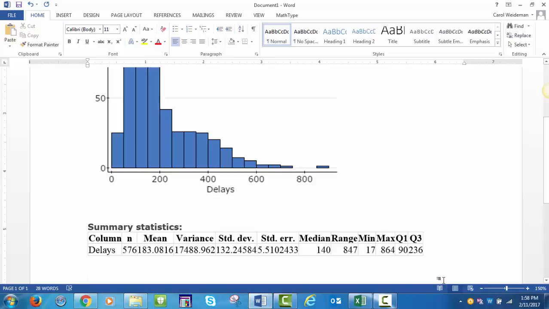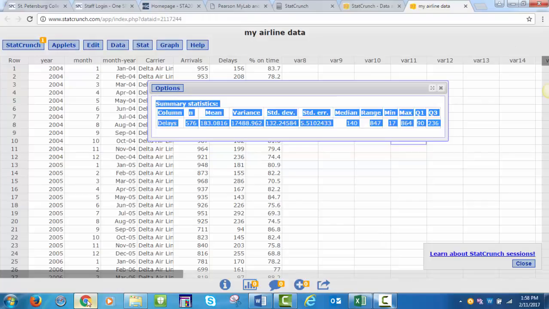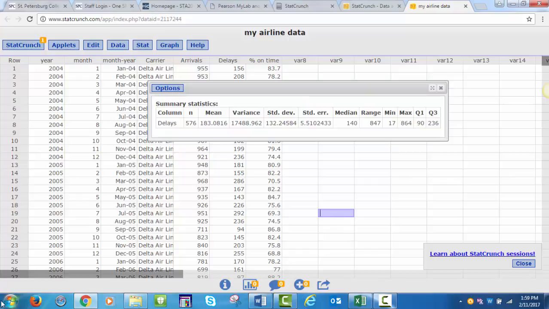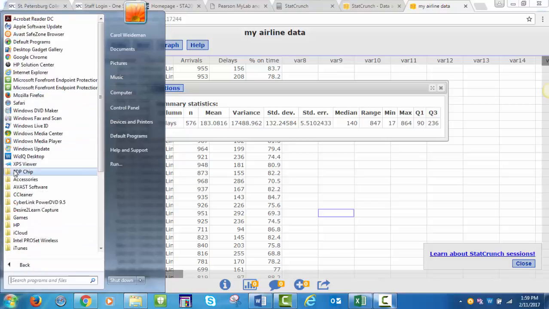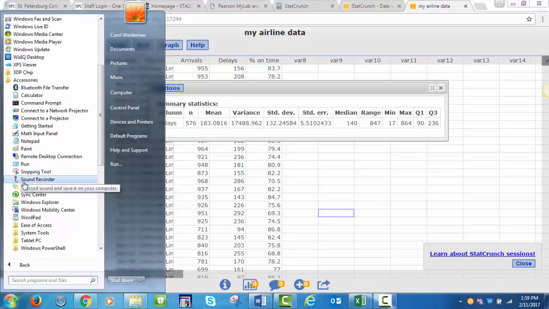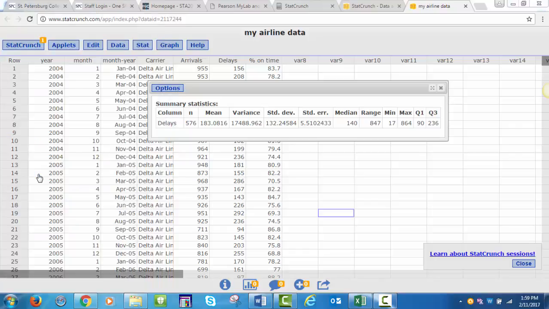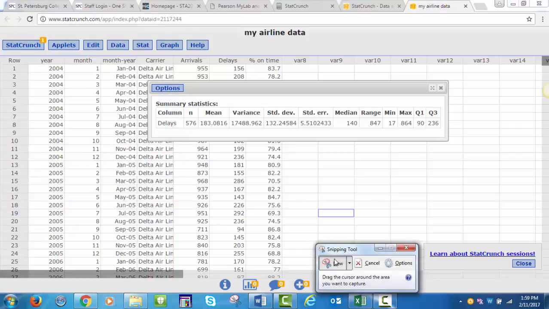So the other thing I'm going to suggest that you do as an option, which I like better, is if you're on a Microsoft computer, look for the snip tool, which is included in Programs under Accessories, which is a great little tool. It's called the snip tool, and it allows you to snip a picture. So I've got it open right now. When it comes up,